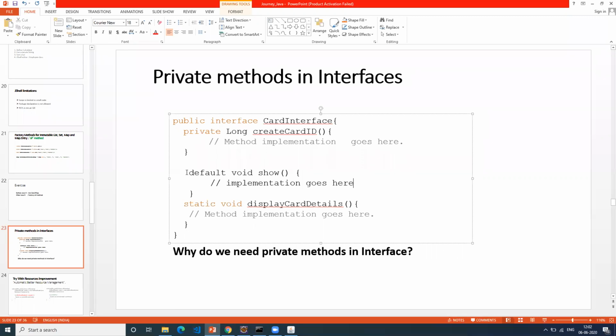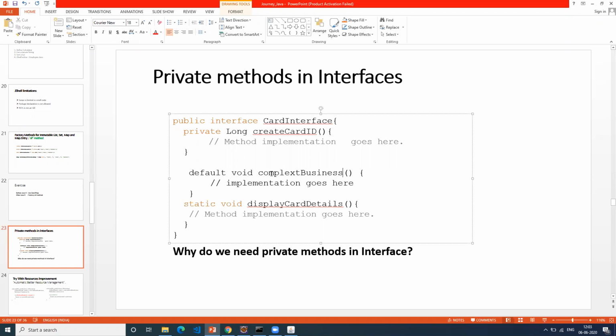Let's say in a Java interface, somebody has written a default method, and this default method has a huge code base. Let's say about 500 lines of code, doing some complex business logic. Does it make sense to write complex code in one method? Generally, we don't. We split that code into multiple methods for modularity, so we decouple the code. Each method will do only one operation. That's a design principle that we follow, correct?